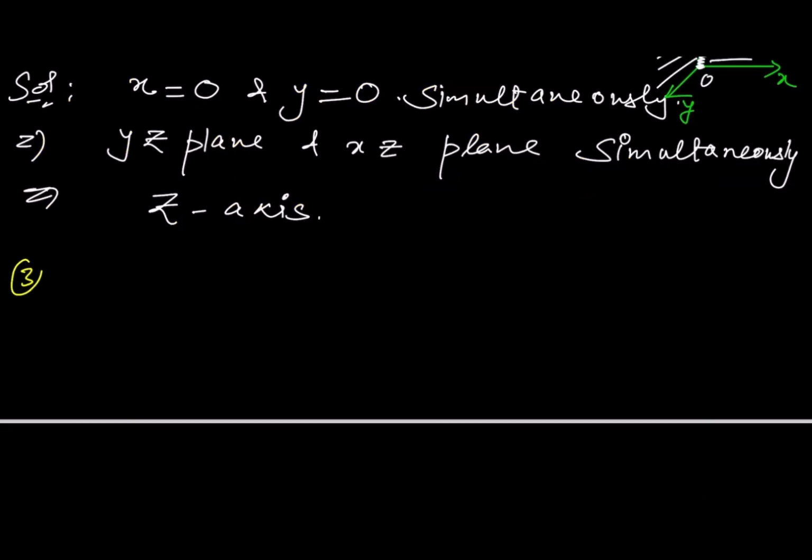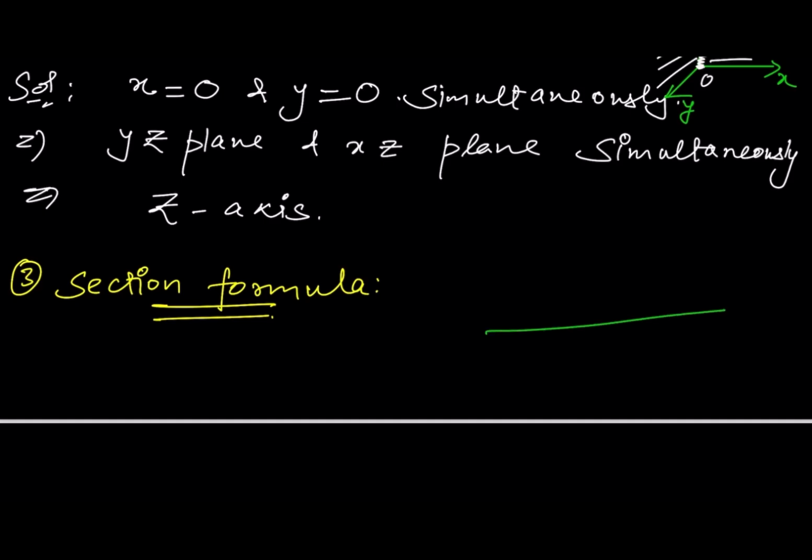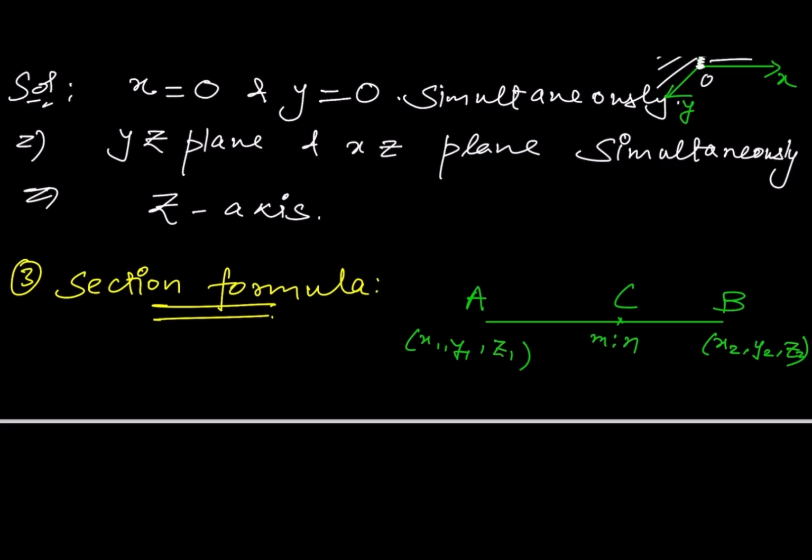The next heading is section formula. The section formula is a formula which gives the coordinates of the point which divides the given segment in a given ratio, right? Say this segment AB has x1, y1, z1 and x2, y2, z2 as its endpoints, and a point C lies between AB such that C divides AB in the ratio m is to n internally. Then the coordinates of C will be